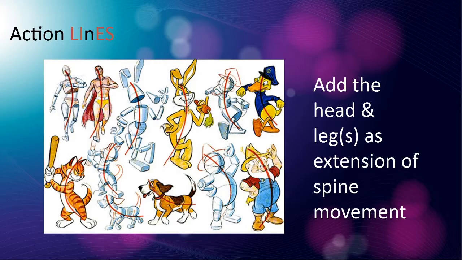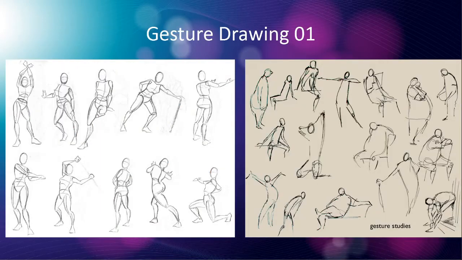So when you're defining a pose for your character, you often will start with just the action line. And then you'll say, okay, here's the head, and then here's the arms, and so on. But people will just start with the action line. And it works really well to create a dynamic pose or an action movement. So what we want to use action lines for in sketching people is gesture drawing, where you do a very quick sketch of the human in whatever pose they're doing.